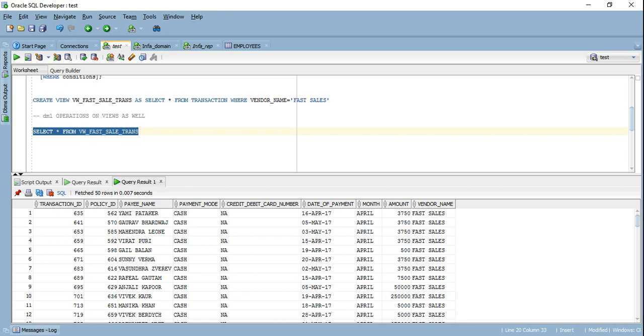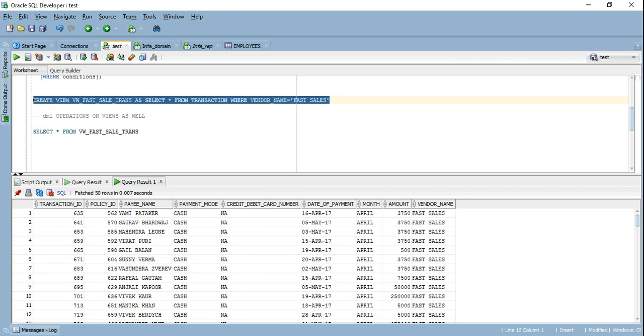So when I wrote this statement here, what exactly happened? Did it create another table? No. What it created is a virtual table, a metadata, and every time I perform a DML operation, it goes ahead and runs the query that's underlying the definition of the view. So a view is nothing but a virtual table or a SQL script that is executed every time you run a DML statement.